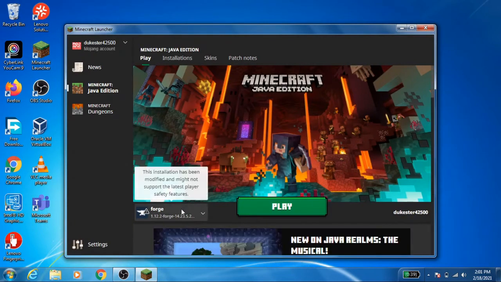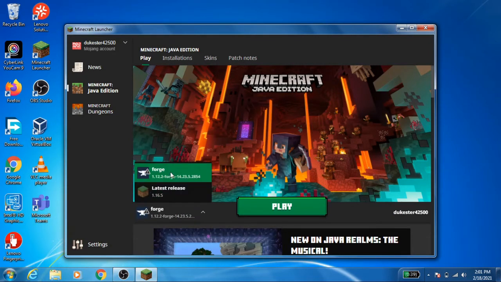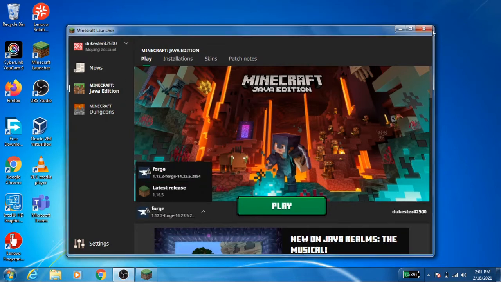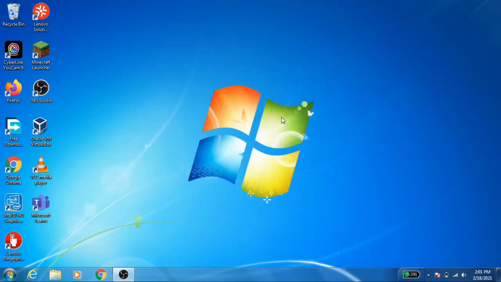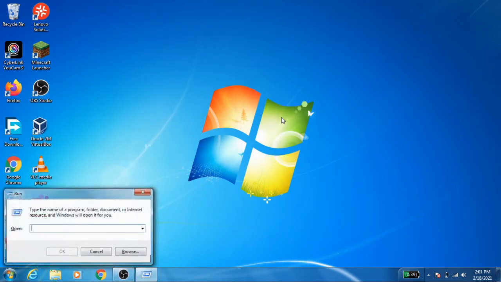you see that now the version is there, but we're not ready to use it yet. Instead of just the latest release, which in this case right now is 1.16.5, there's also here Forge 1.12.2. So what I'm going to do is open Run. To do that, you want to hold down the Windows key and press R. This little window will open up, and it says Open. You want to type